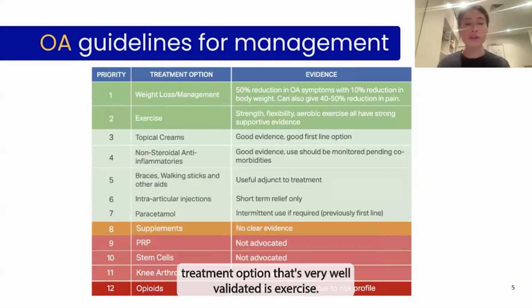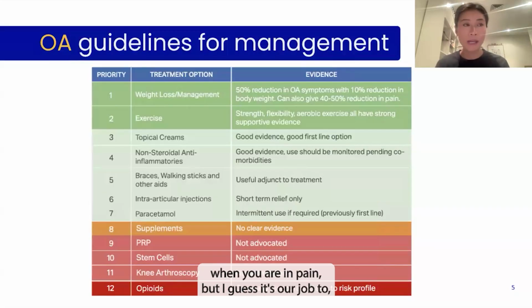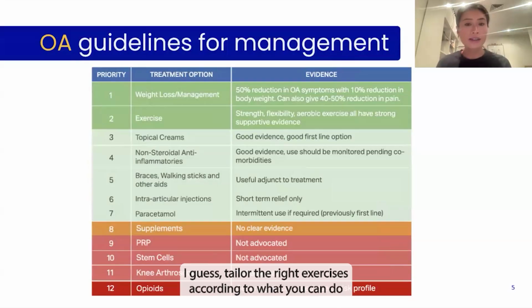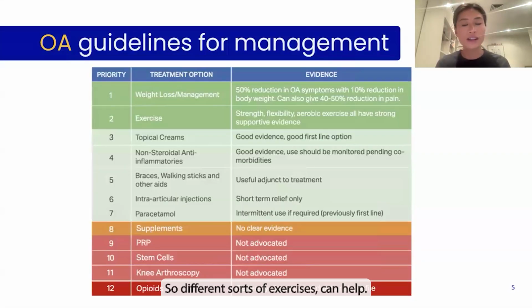The second treatment option that's very well validated is exercise. Again, we both understand that exercise can feel very hard to do when you are in pain, but I guess it's our job to tailor the right exercises according to what you can do at that present time, that you see a physio or an exercise physiologist. So different sorts of exercises